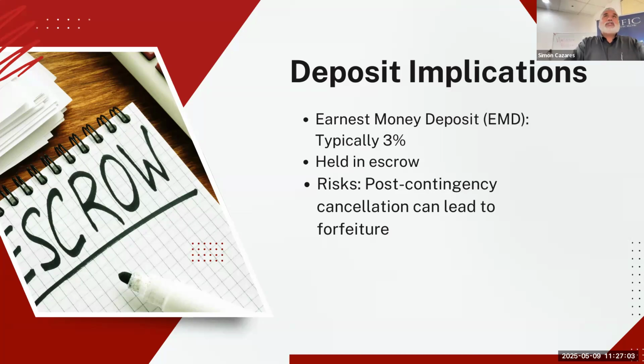Yeah, it was signed. But remember, escrow is a neutral party, and the last thing they want is to get involved in a lawsuit because they released the money. Well, the contract says the money's supposed to go to the seller, and I get it. But there's also language, and correct me if I'm wrong, Steve, that says it must be mutually agreed, regardless of whether it goes to the seller or the buyer. They have to mutually agree to those terms, not just because of what it says on the contract. Does that make sense?